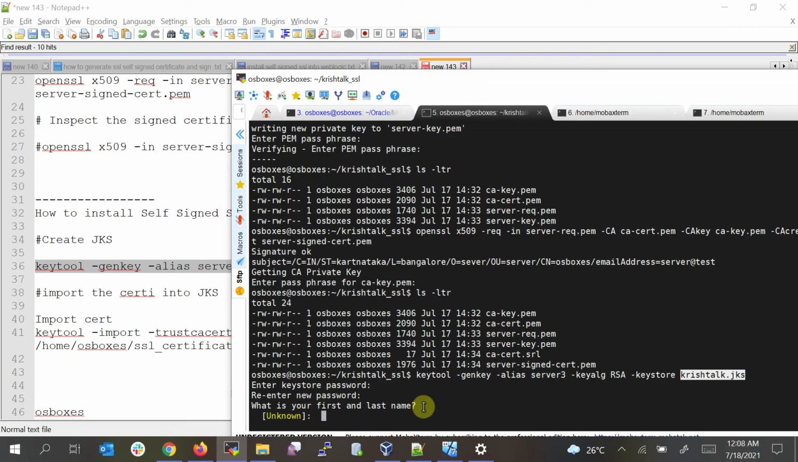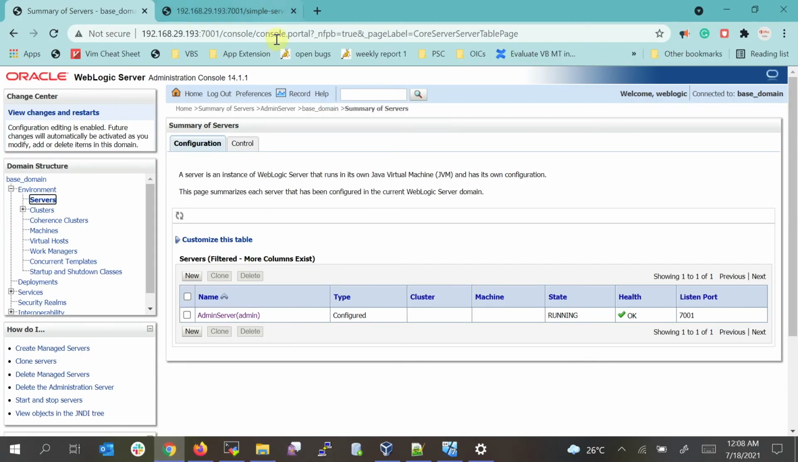Here this is very important actually. You cannot give your first name and last name. You have to give your application host or application domain name, basically. So if your company is example.com, you should give example.com. So in my case,